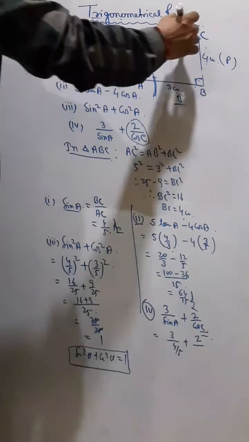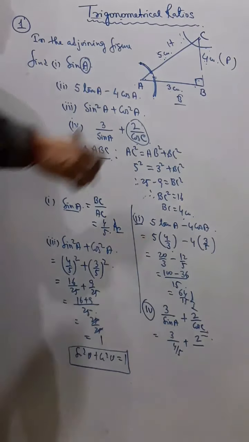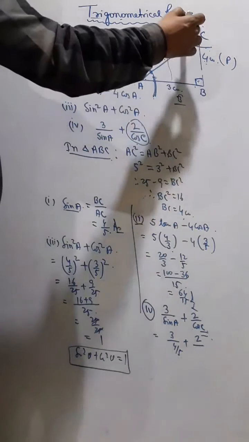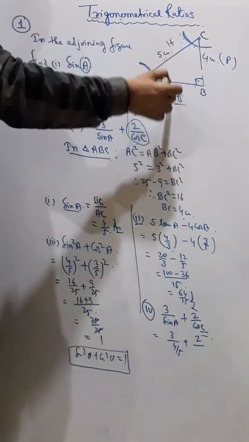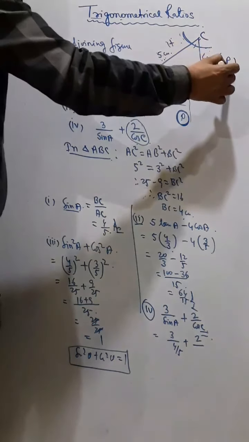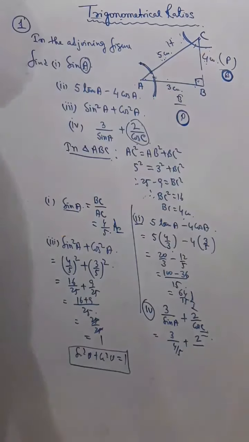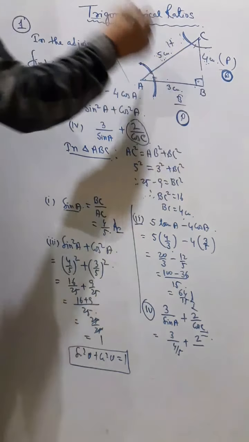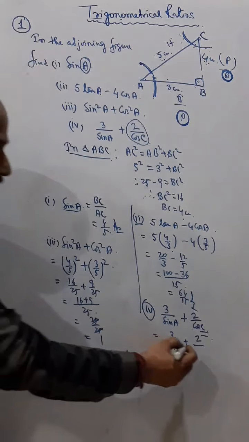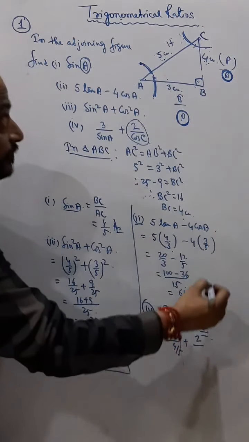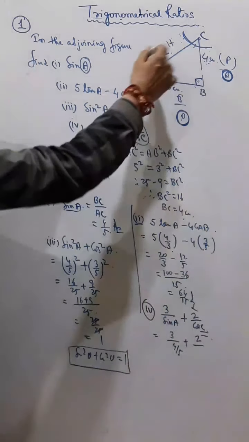Now again with respect to c, now you think, now 90 opposite, this is hypotenuse. Now you can understand with respect to c, this opposite now becomes perpendicular, and this becomes base. So now cos means base by hypotenuse, so here it will be 4 by 5. Understand? So sometimes this mixture of a and c can come, so you should be careful. So what I get? 2 by again 4 by 5.